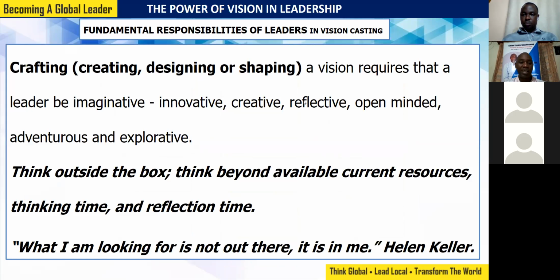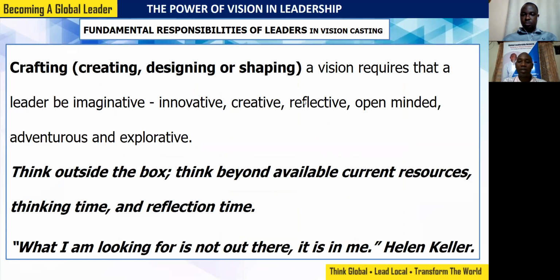So the first responsibility is crafting a vision. Creating, designing, or shaping a vision requires a leader to be imaginative, innovative, creative, reflective, open-minded, adventurous, and explorative. Need to explore, open-minded,